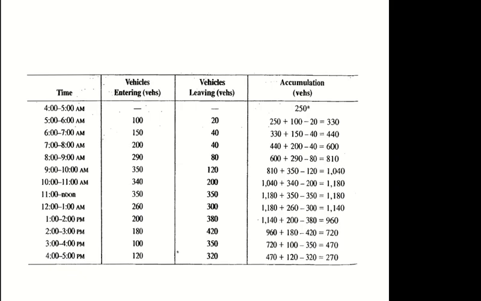Once you have done that, then for the next hour, you start counting vehicles entering and leaving as well. You only count vehicles entering and leaving now. So 250 were already in the area when you started. 100 entered, so total is 250 plus 100, but 20 of them left in the same hour. So the total remaining in the area is 330. 250 already there, 100 entered, 20 left, so 330 vehicles are in the area at 6 a.m. And the same thing for the next hour: 330 already there, 150 entered and 40 left, so 440 vehicles remaining